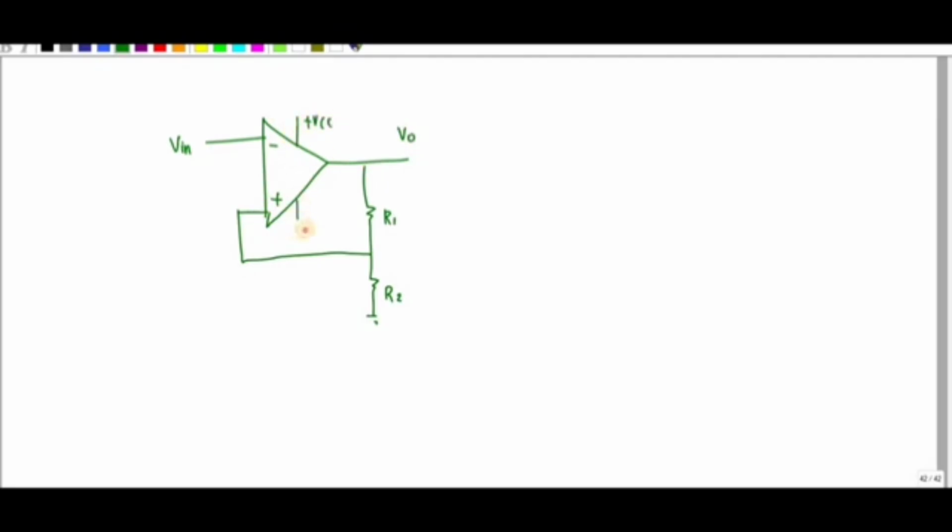This is plus VCC and this is minus VEE. You can see I have used positive feedback from the output connected to the plus input of the op-amp. Consider the current flowing through this is I1. Here there is no current, it is 0. So here also the current value is I1. Therefore, I can write V0 is equal to I1 of R1 plus